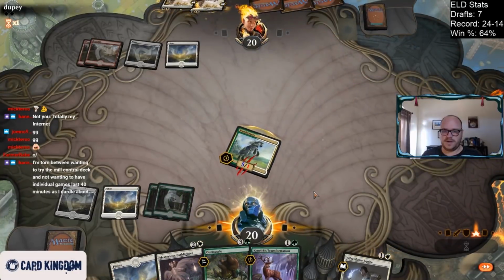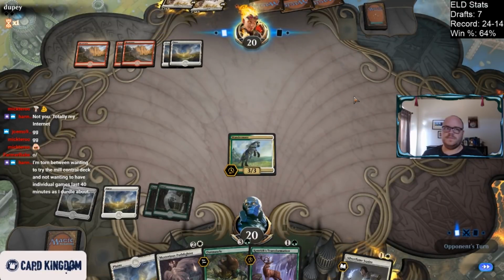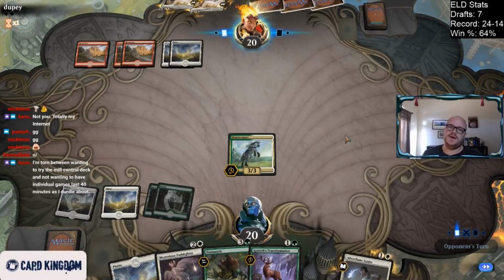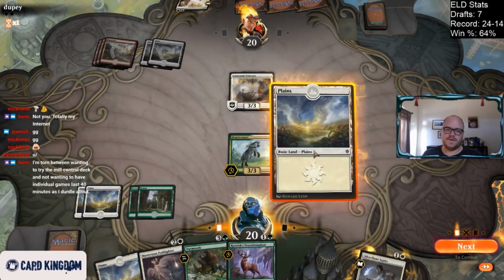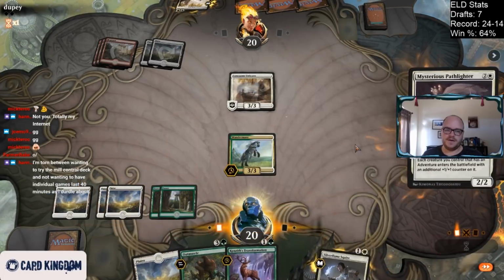Alright, looks like that worked out. I've seen games last like 40 minutes in this format. I mean, our deck is not really a durdly deck, but... I mean, it is a little. It has a bunch of value engine type cards that get better the longer the game goes on, but it mostly is not. Alright, so this turn is going to be good, because we can go Pathlighter,